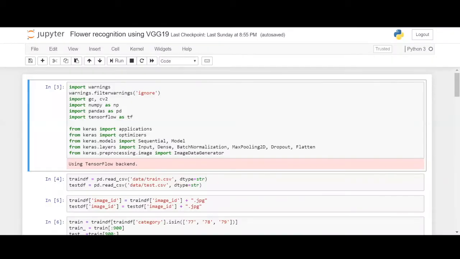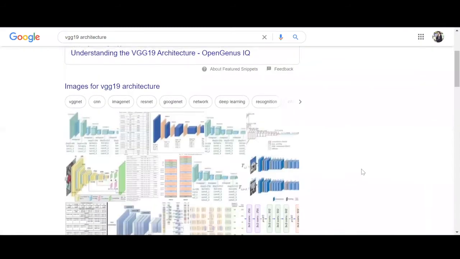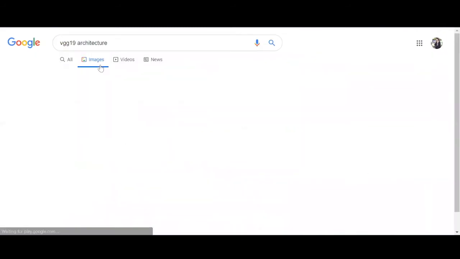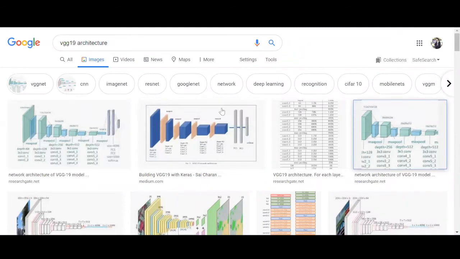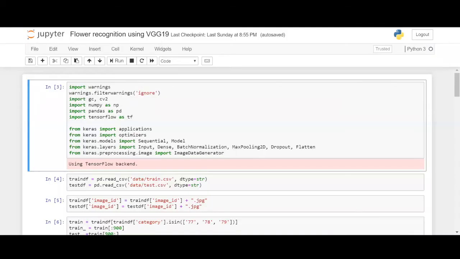Moving on, I will quickly illustrate how a VGG19 architecture looks. This is how it typically looks. We have the convolutional layer, the max pool, and the max pool with multiple convolution layers embedded in between. So VGG19 is a typical convolutional neural network architecture. Now that we are done with the basics, let us go ahead and start executing this